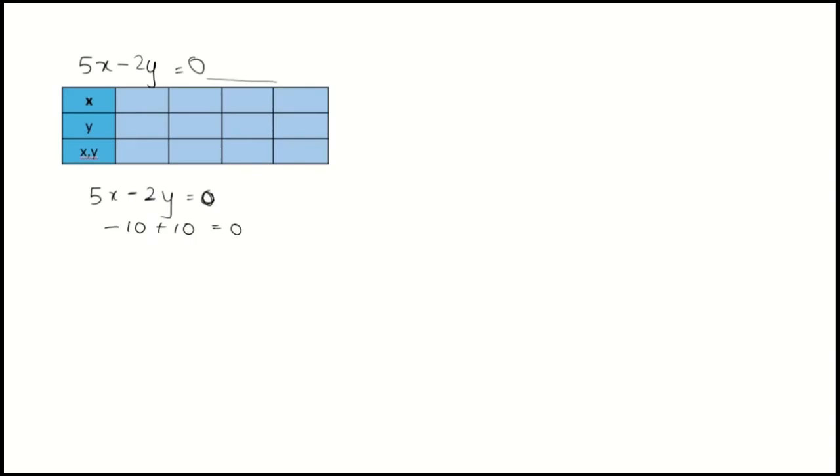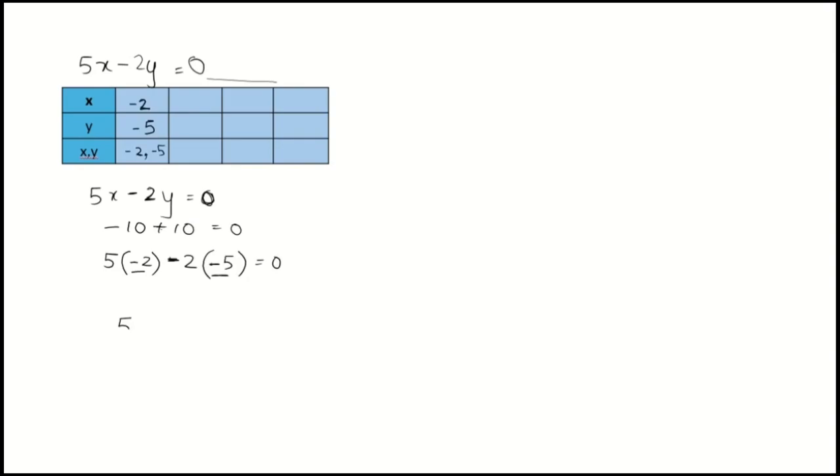Writing down in the form of equation, this 10 comes in table of 5 and even in table of 2. So if we take this 5 from the equation, 5 into minus 2 will give us minus 10. Now the minus here in the equation is minus and this is the positive 10. So from the equation, minus 2 and minus into minus will give us plus 10. So minus 2 into minus 5 will give us plus 10. That means x is minus 2 and y is minus 5. We got 1 point for x and 1 point for y: minus 2 comma minus 5. We got only 1 point here. Now we need to find the rest 3 points for x and y each.